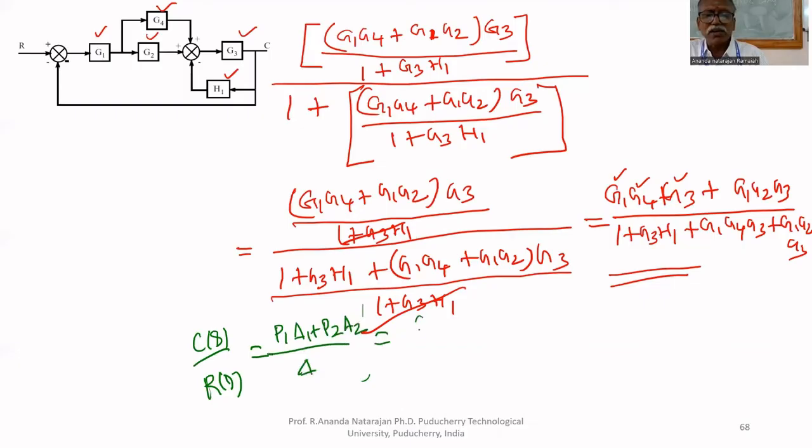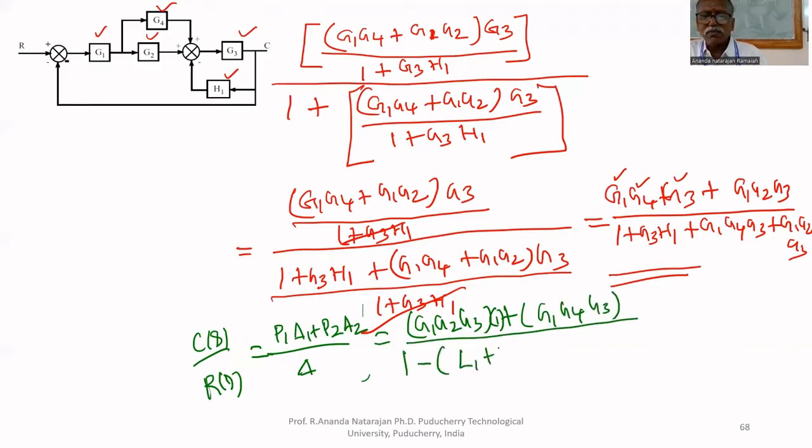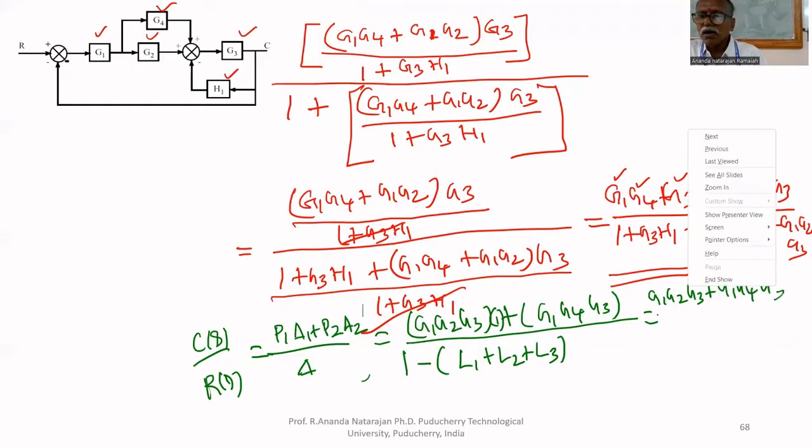P1 equals G1, G2, G3, plus P2 multiplied by delta 2, that is 1. P2 is G1, G4, G3, upon delta, 1 minus (L1 plus L2 plus L3). That equals G1, G2, G3 plus G1, G4, G3 upon